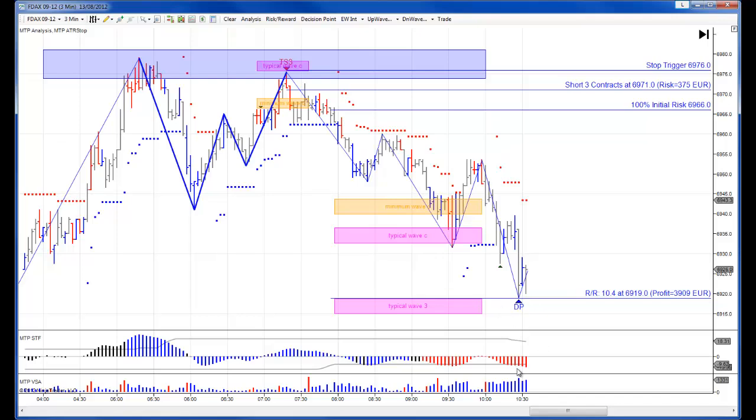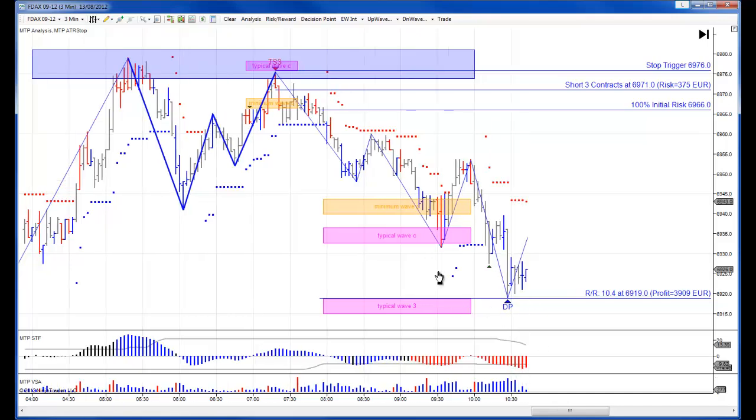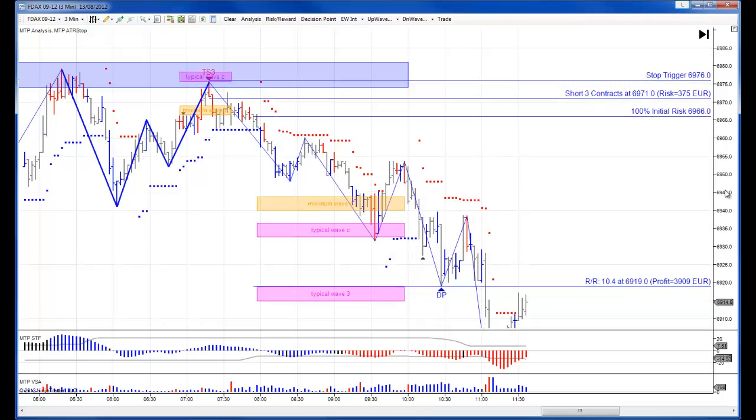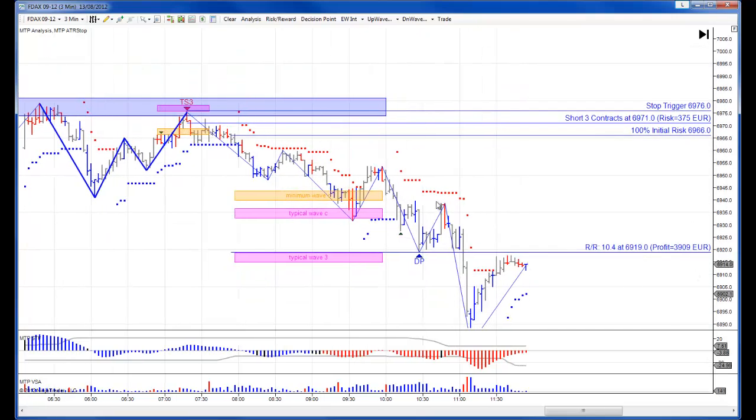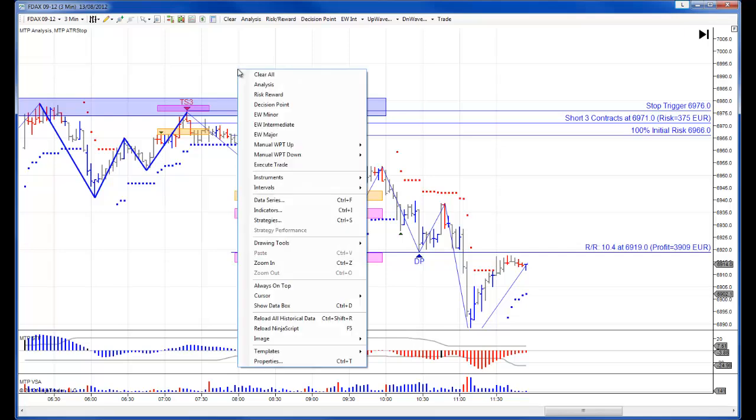If you wanted to, because the STF was strong at this stage, you could have used your ATR stop, which is our red dots here, and actually trailed that for a little bit further. So you could have actually come out